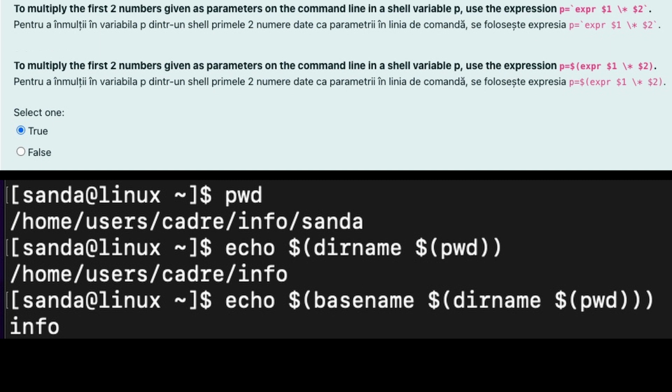So we have echo, one command, and then we have basename, another command. So we are echoing what that basename will output, but that basename will take whatever dirname will output, which in turn takes what pwd will output. So in the end we'll get the word